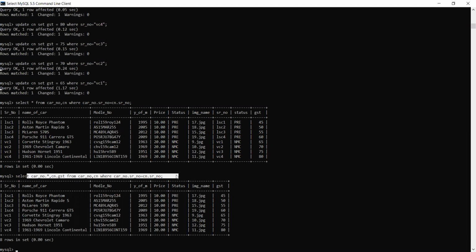Now let me know if you have any doubt. Otherwise, we have completed this chapter. Whenever we are going to join, it is compulsory that this joining condition we must write. Joining condition may we are going to use the common column. Therefore, we are always saying that you must make foreign keys. Anyone, any doubt?